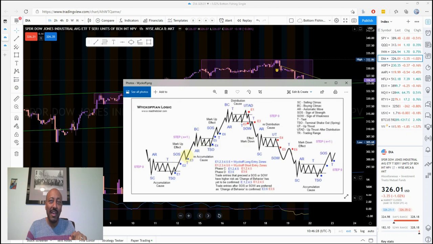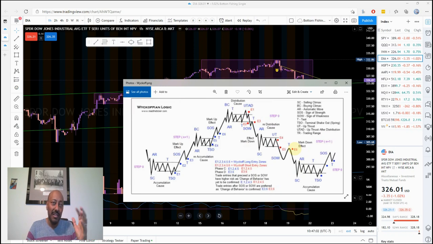So once I enter at E3, I'm just going to be very careful when I see another accumulation, another reaccumulation, a distribution, some sort of consolidation happening. I put my stops tighter and tighter, or I just exit out completely and look for my next E3. In this case, it would be an E6 because it was a reaccumulation. So same thing on this downside. The E3 is where I want to enter. E6 is where I want to enter.